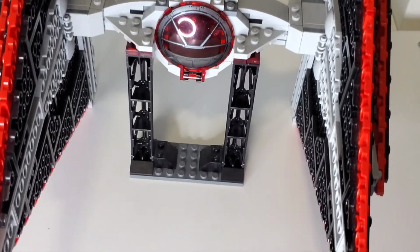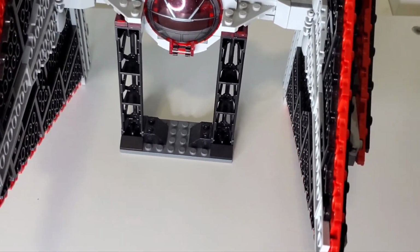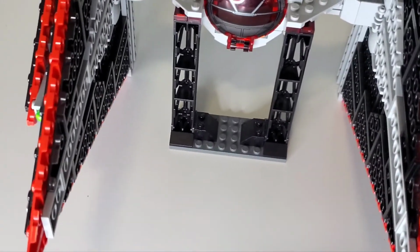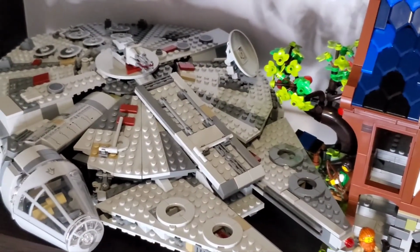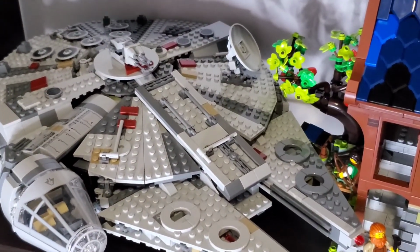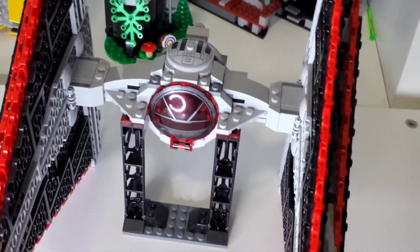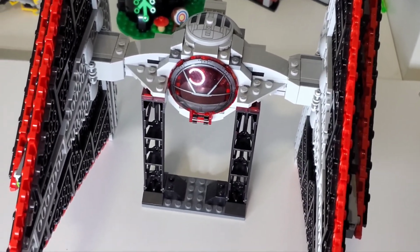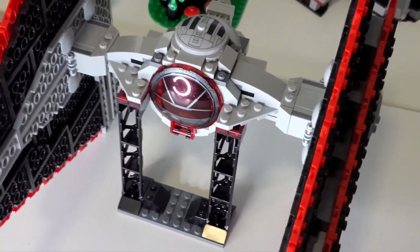Nothing too crazy about this set, seeing as how it is a TIE Fighter and it doesn't really have too many playability details other than the fact that it's a ship and you can move around, whereas something like the Razor Crest or the Millennium Falcon have a lot of interior space simply because of the vehicle that they're trying to be, their increased cost, of course, and the fact that they're not just a fighter, instead they're a fighter, transport, combo ship, so there is a lot more that you can do with that than just a plain